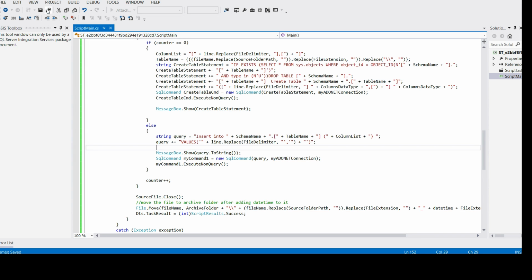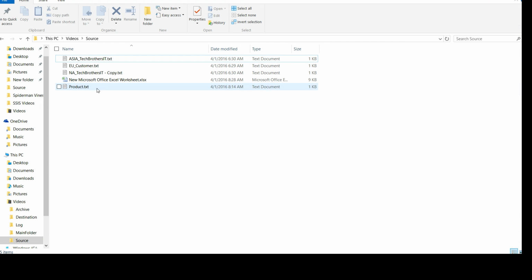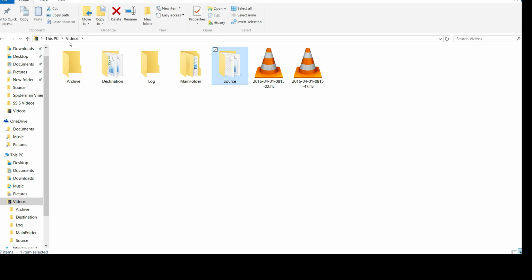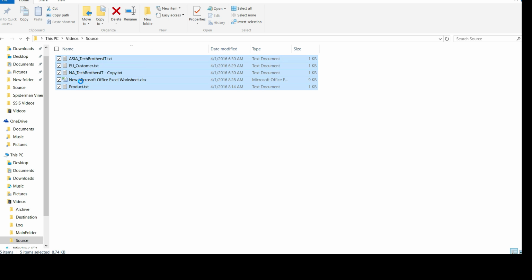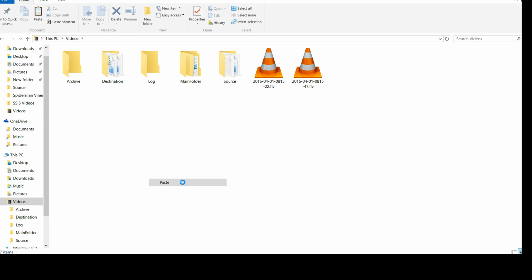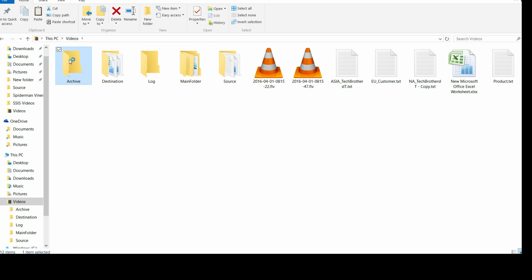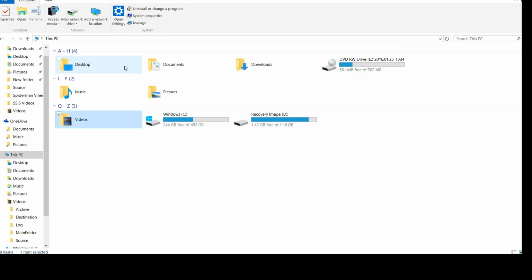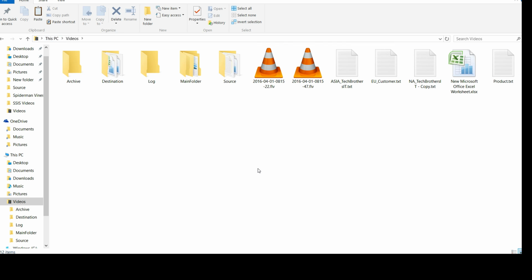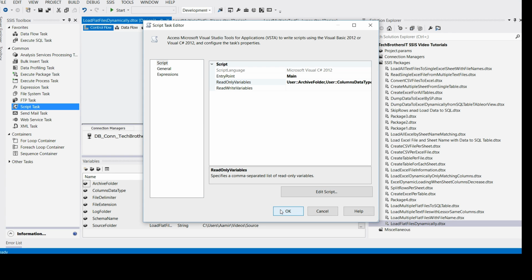Okay, now close it. I will make copies of these. Let's see if I have them already. No, I don't. In case I come back to make some changes, I don't have to worry about that; I can come back and paste it in the main folder for now. And in the source we have 1, 2, 3, 4 files. Actually this one will not be loaded or moved anywhere. In the archive we don't have anything, so these 4 files should be moved to the archive once we run the package. Come back, hit OK,